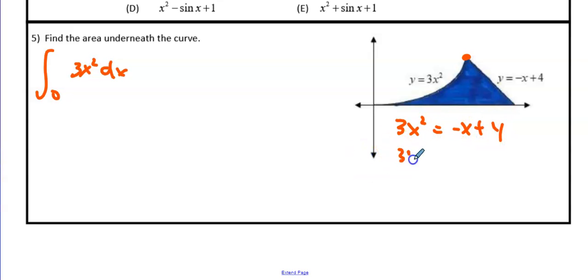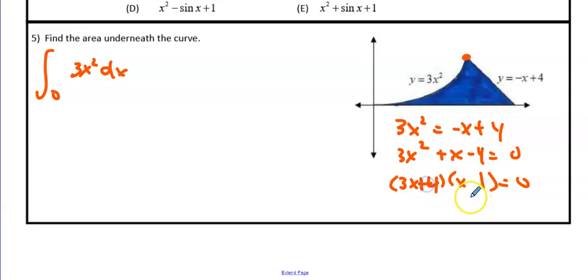Right, and then we're just going to factor. So we're going to bring the x and the 4 over, and we're going to factor this guy just to see what we can have here. So it looks like this would be a 4, and this would be a 1. So this would be